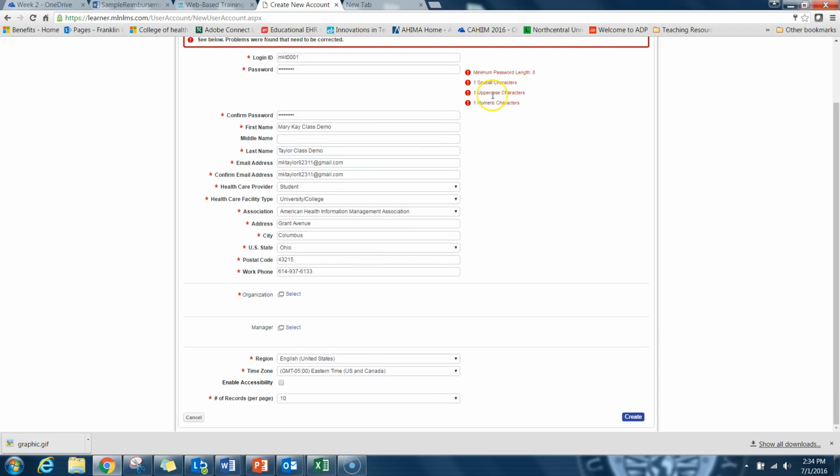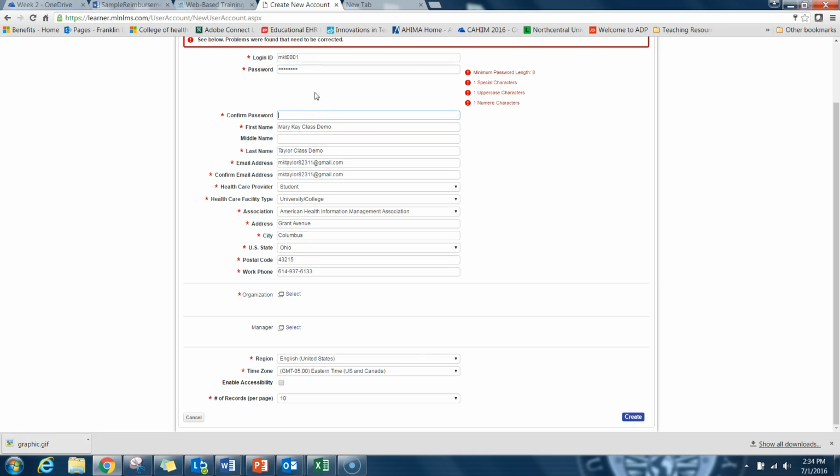Now that told me that my password has to have some length, special characters, uppercase, numeric cases. That's fine. I will go ahead and do that now. So let me just add this here. So class demo 1 pound, and then